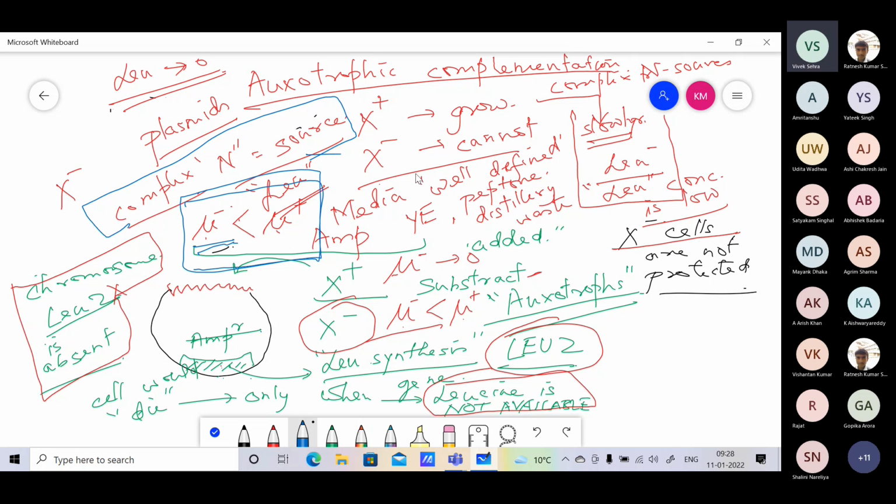A well-defined media is extremely expensive to formulate. It might appear that it is cheaper, it is not, because it requires microscopic amounts of vitamins or minerals or whatever, trace elements, and that makes the thing very costly. If I'm allowed to add a very small amount of complex nitrogen source